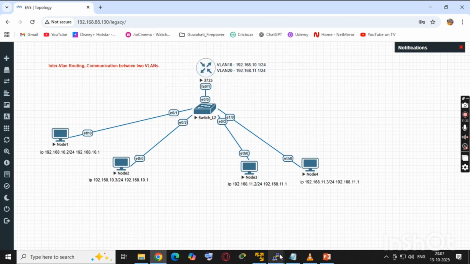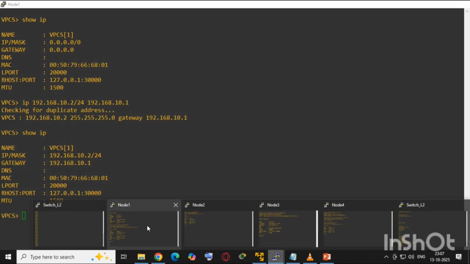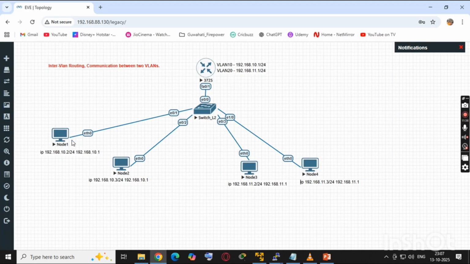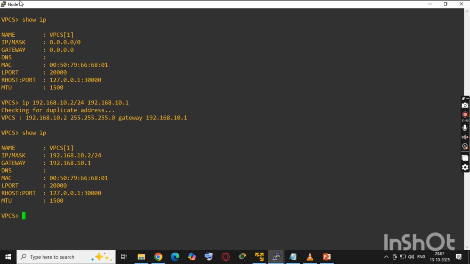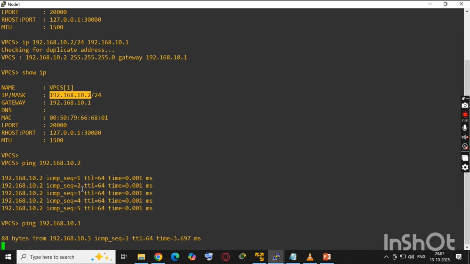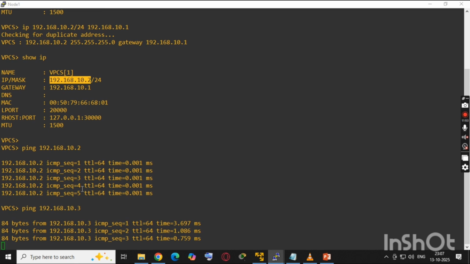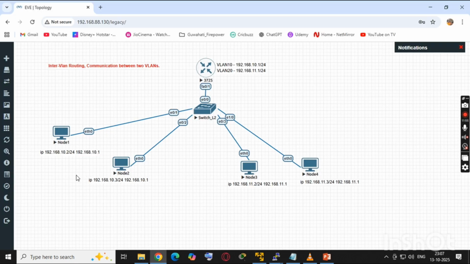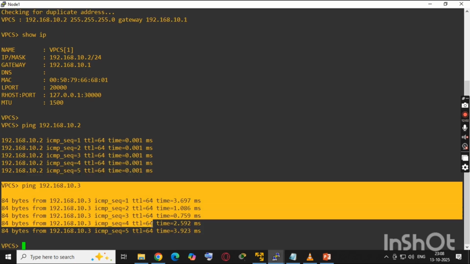We can check the connectivity. Still we have not done the inter-VLAN routing, but we can check whether VLAN 10 is reaching from the VLAN 10 PC or not. So ping 10.2, which is itself IP, and 10.3 we will ping. Yes, it is reachable, so VLAN 10 to VLAN 10, it's reaching. Same way